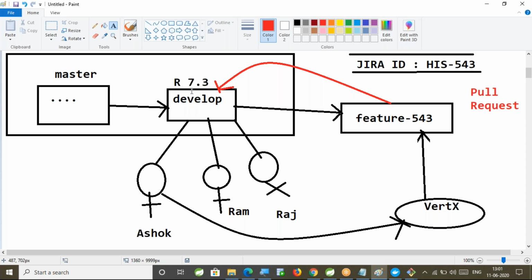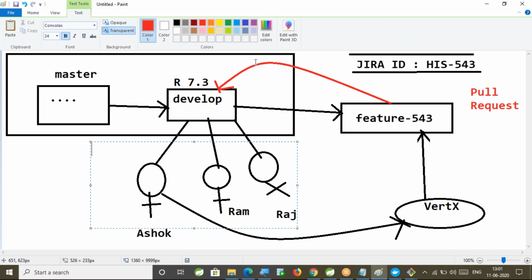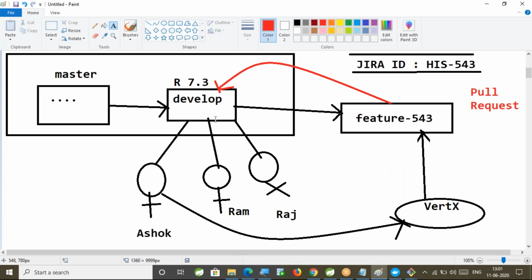So it is highly recommended to create branches for the stories you are working on, so that you do not disturb the existing code in the project. That is the recommended approach in the industry. Are you able to follow this? When multiple team members work on the same branch, you may overwrite somebody's code, or somebody will overwrite yours. To avoid this disturbance, create branches. Create a branch for your task and do the coding there. Once your testing is completed and you are perfect with your code, merge it with the develop branch.